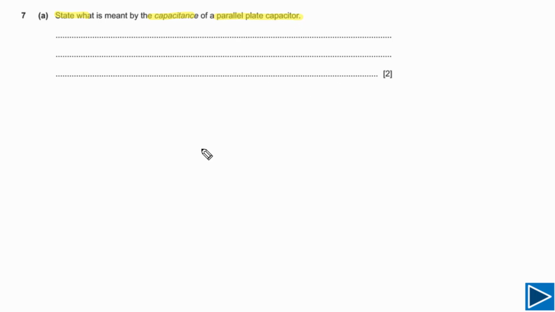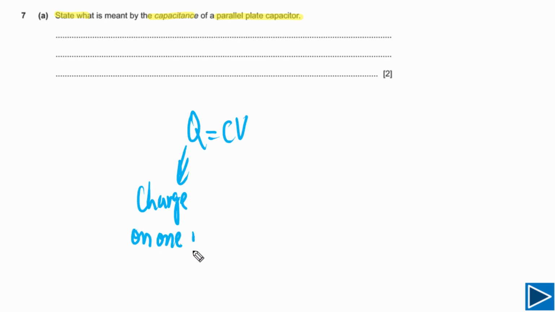In order to understand capacitance, we need to understand Q is equal to CV. Q is the charge on a single plate, or simply we can say this is the charge on one plate of a capacitor. C is the capacitance of a capacitor, and capacitance simply means